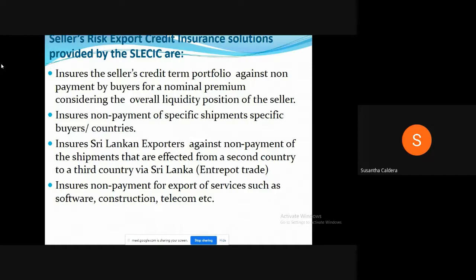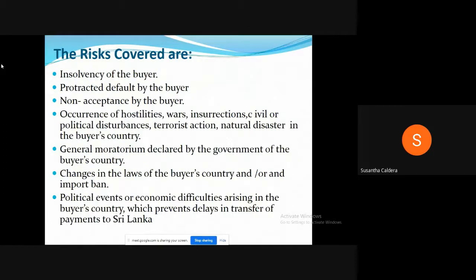It ensures non-payment for export of services such as software, construction, telecom, everything, right? The risks covered are... Amal, remind me about the ATA Carnet after I finish this, before we go to the next one. Okay, sir. The risks covered are